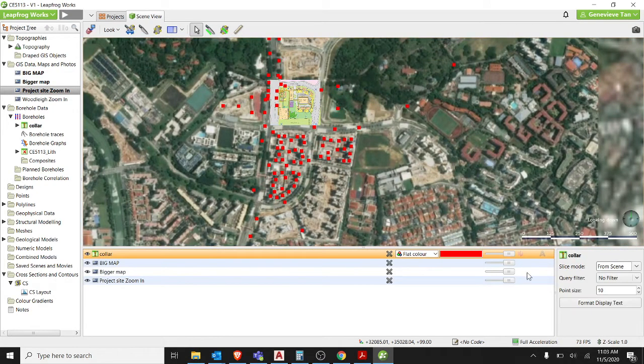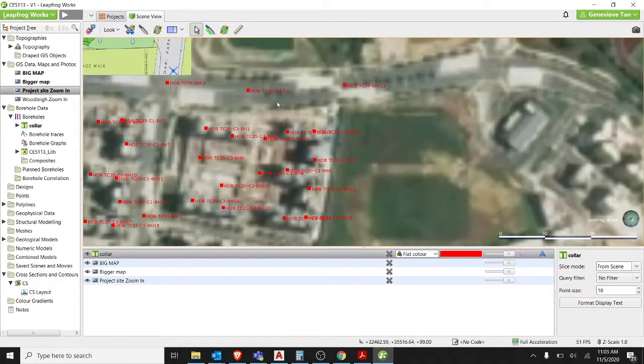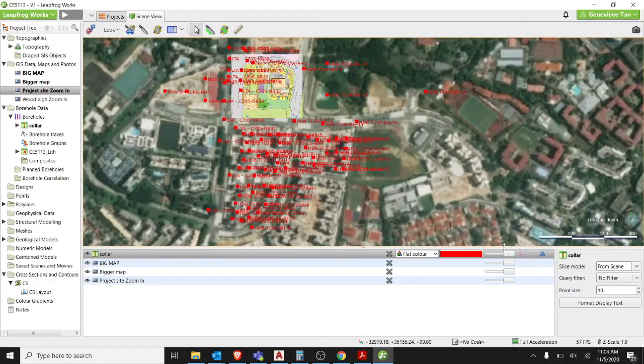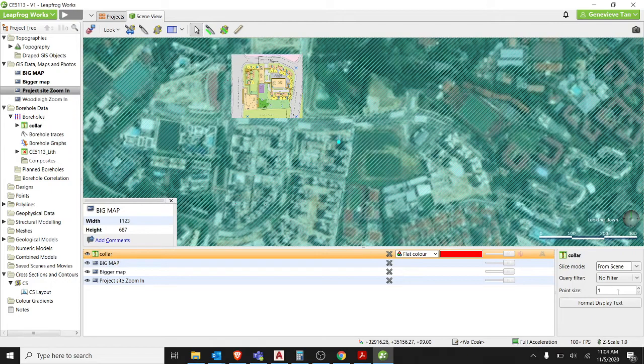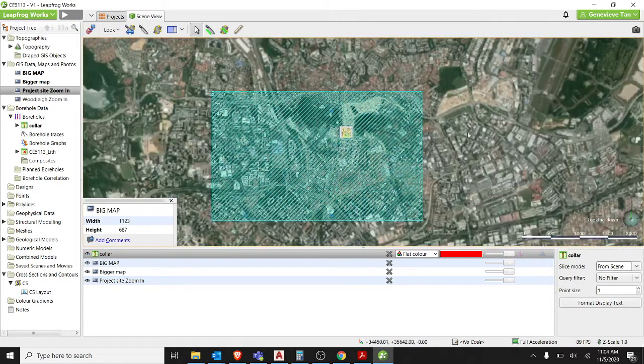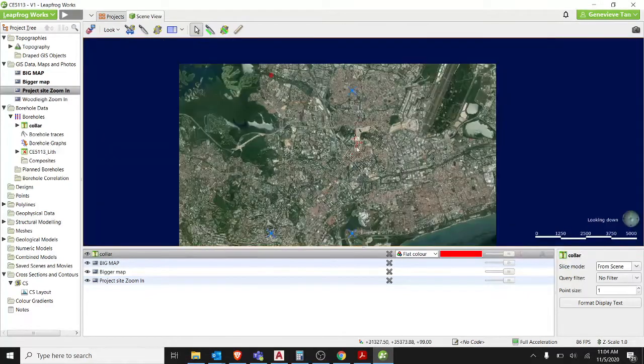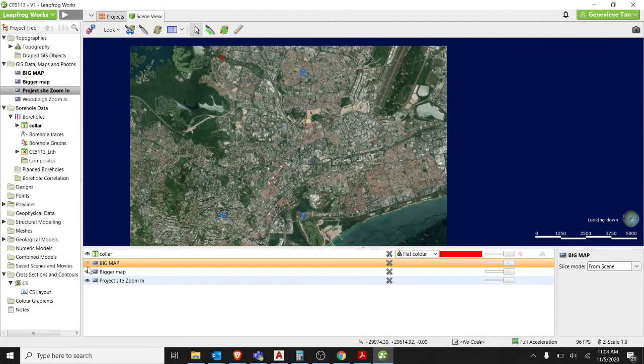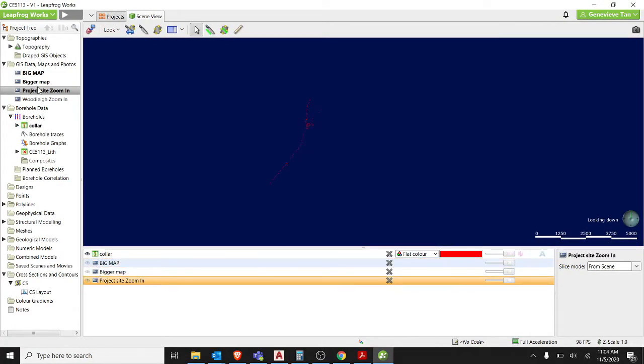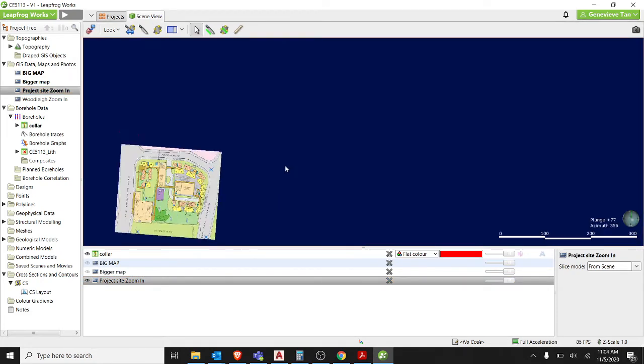Then regarding the color, you can type A to review the names of the boreholes, and you can turn it off here, and you can change the size. So 10 is like 10 meters, then 1 is 1 meter. But 1 is too small, then you cannot see. And then the next thing, so I turn off the map, I just put the project map. Then the next thing to do is the